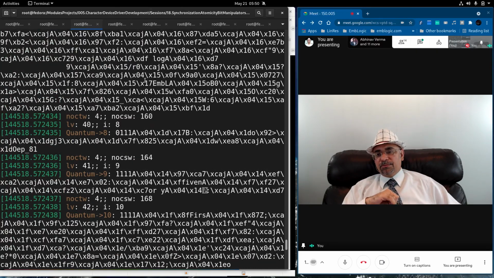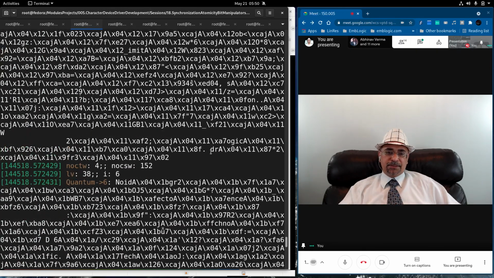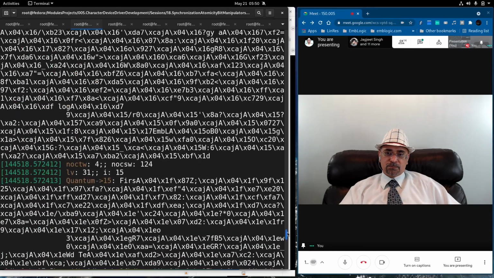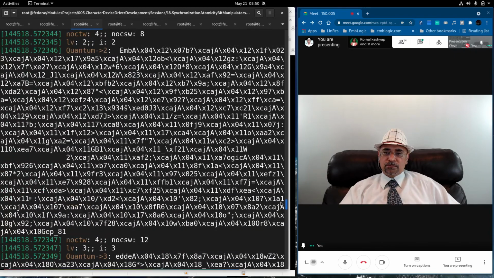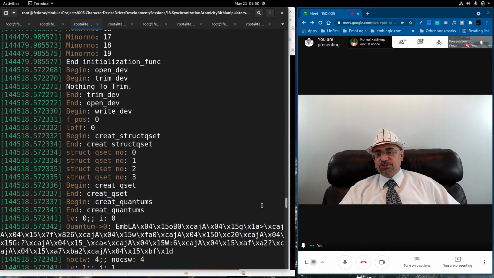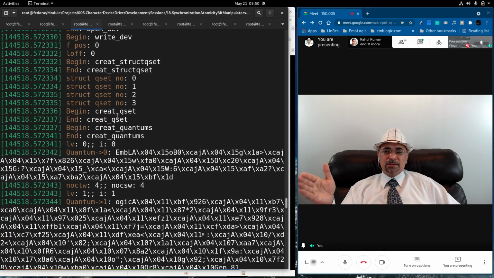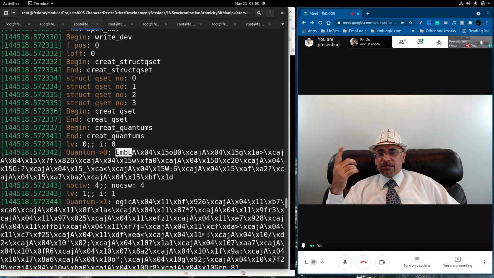So atomicity, making the variables atomic, is working here. This is garbage because we are printing the quantums. The quantum size is only 4 bytes, but after that there is no end of string, so it is printing until it gets an end of string.